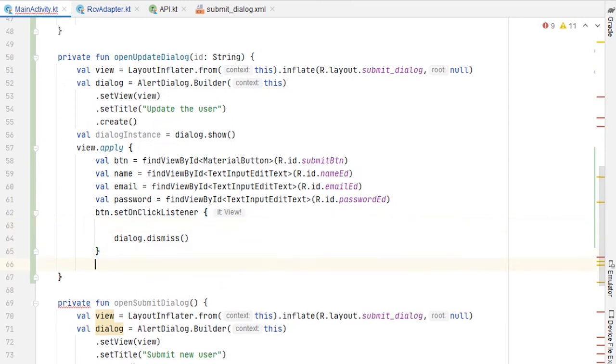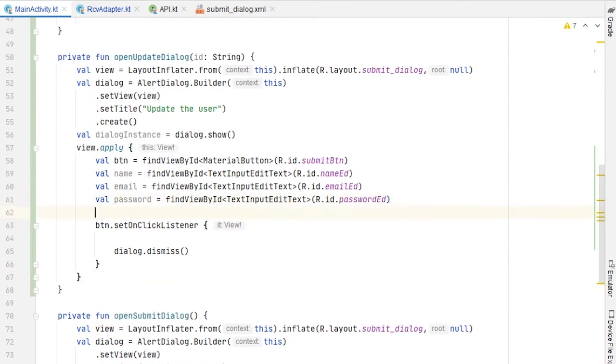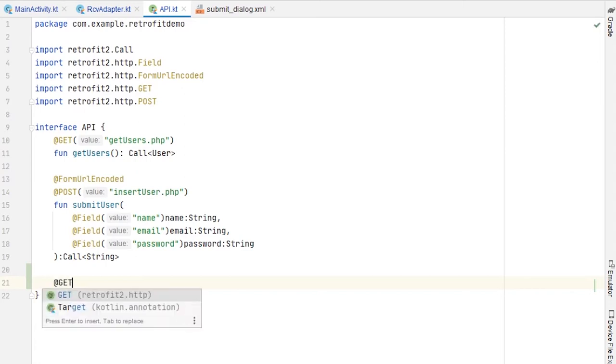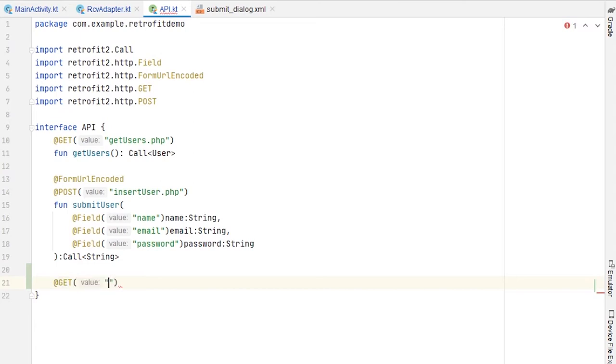And I forgot parentheses here as well. And here what I'll do is that I'll call another API endpoint. So to do that, go to api.kt and have another get method, get, and the endpoint name will be get user by id dot php, and function will be get user by id,